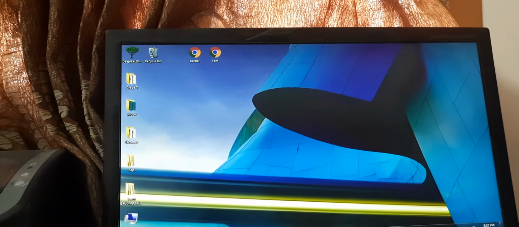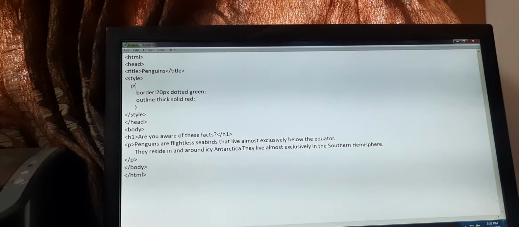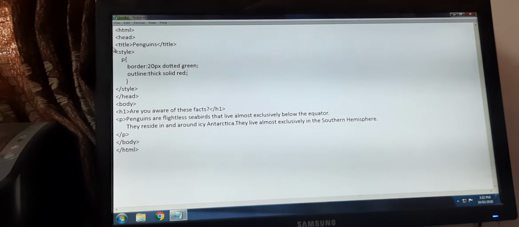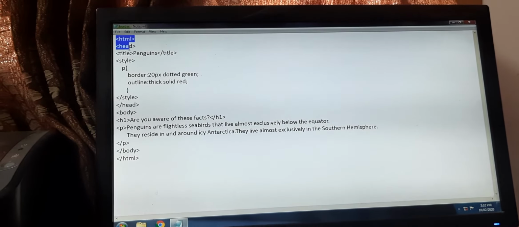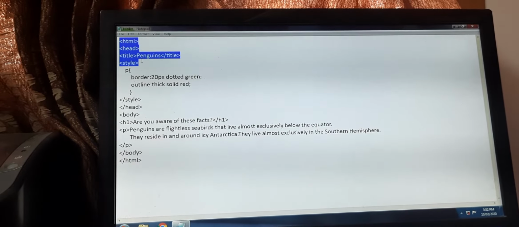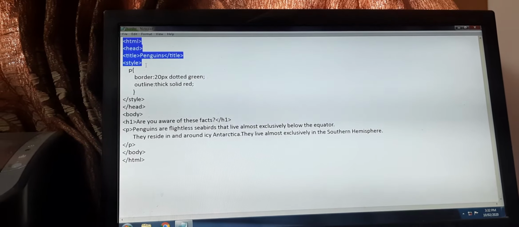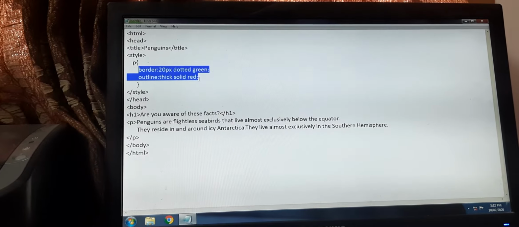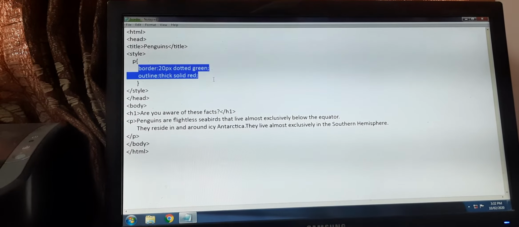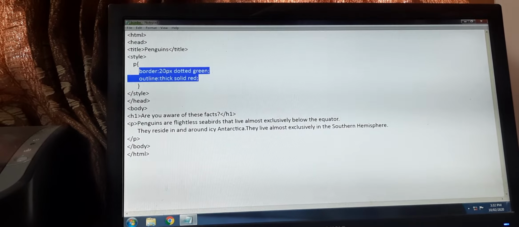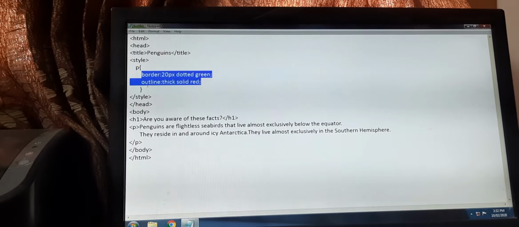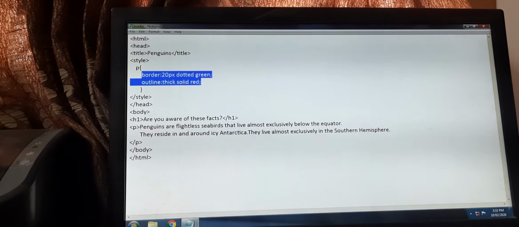Now let me show you the program which is going to deal with the properties of outline and border. From the opening HTML tag till the opening style tag, I guess everyone is clear. Now all you need to learn is about these two properties. Under border I have given 3 values, and under outline also I have given 3 values.